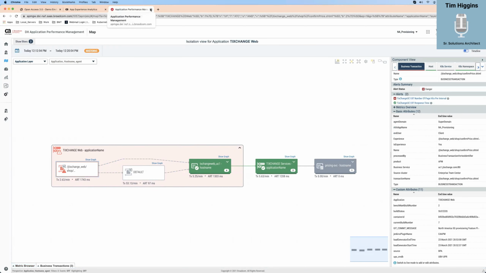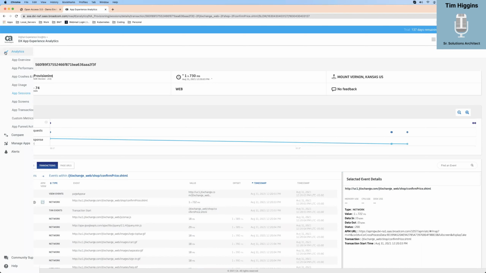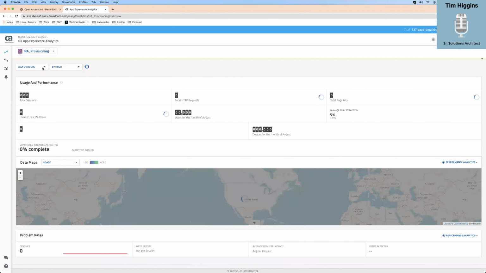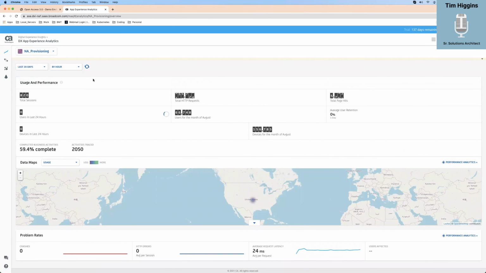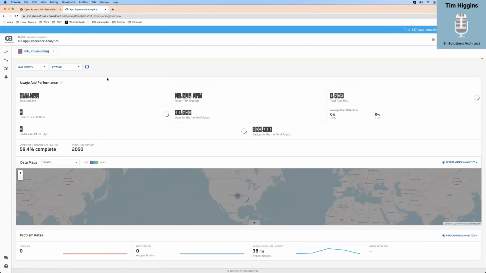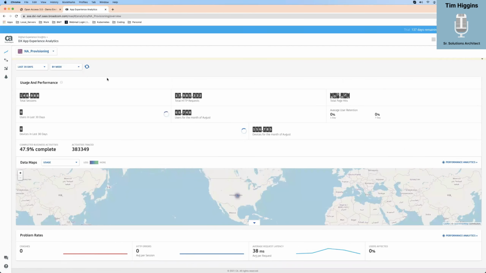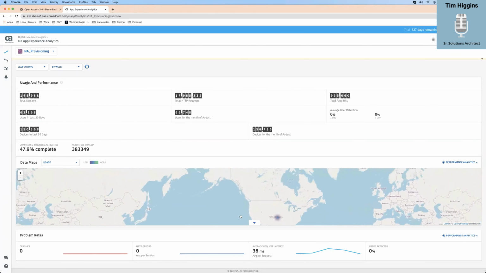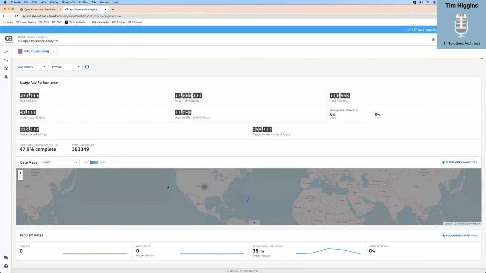Now, what I want to do though is I'm going to do something crazy. And now you're thinking, Tim, let's not be too crazy, but we kind of have to, because I want to go for 30 days. Now, it's going to take a while to load in some cases because that's a lot of data. So as you can see, this one's taking a little bit longer. That one's spun up. Okay. Users in the last 30 days. I thought we had more on the map, but I guess we don't. That's okay.